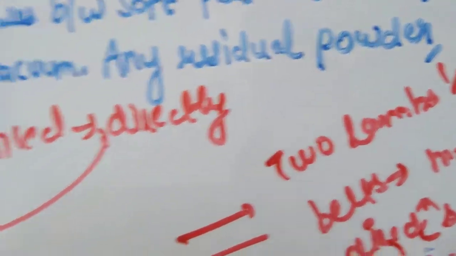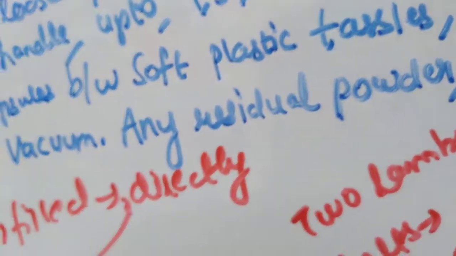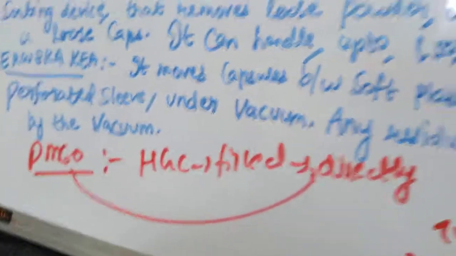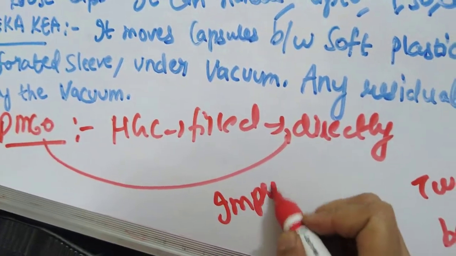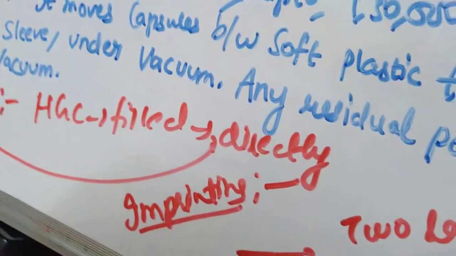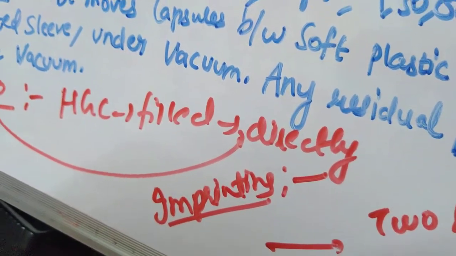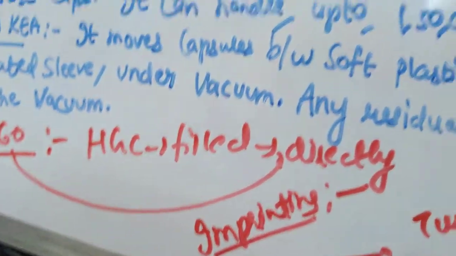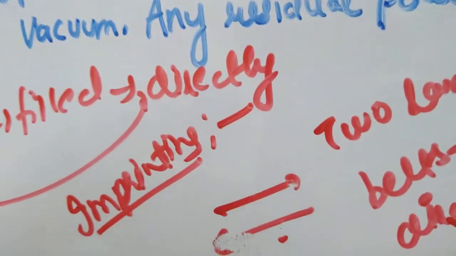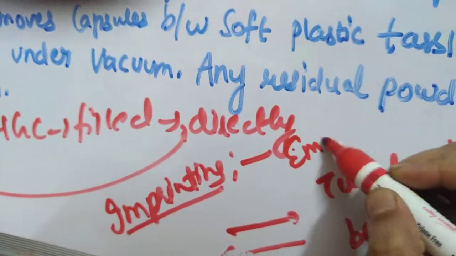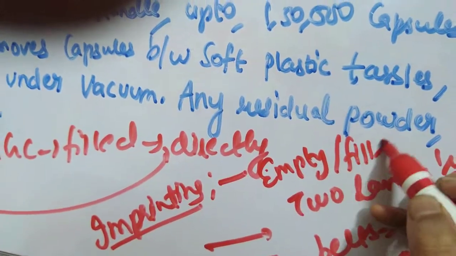Next you have imprinting. You can go through it. It is nothing but giving the product identification information. After imprinting, we will have the evaluation of hard gelatin capsules, and with that we will finish the hard gelatin capsule. Imprinting is a method by which any company can place the product identification information on each capsule. The imprinting operation is best performed on empty capsules, although filled capsules can also be printed. So it can be done on both empty and filled capsules.